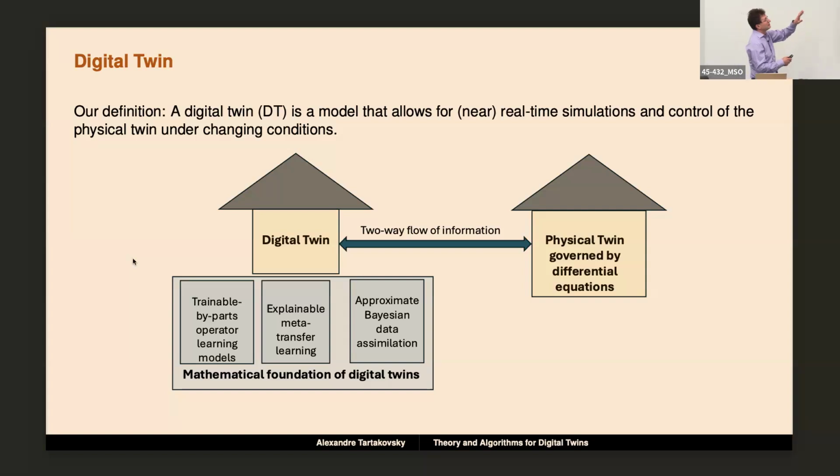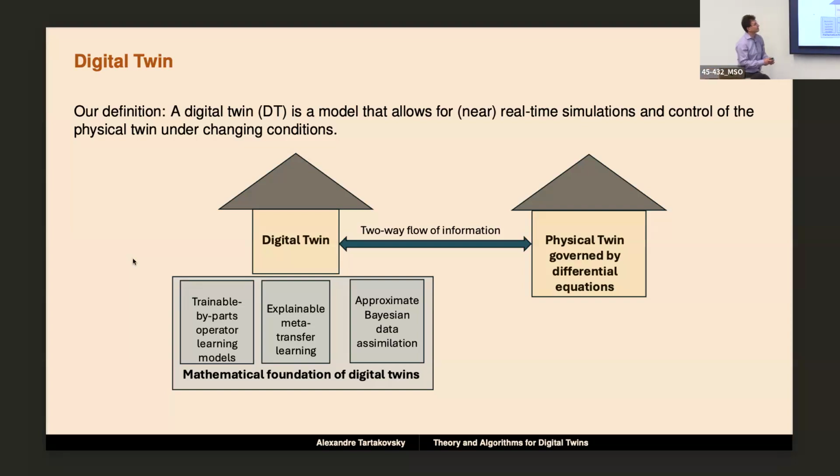We define a digital twin as a model that allows for near real-time simulations and control of the physical twin under changing conditions. And also it should allow for the two-way flow of information between the digital twin and